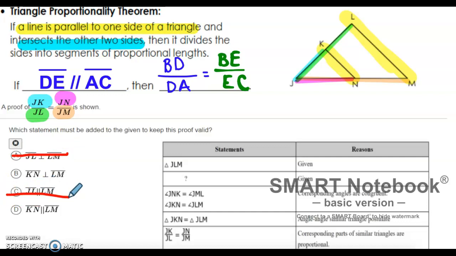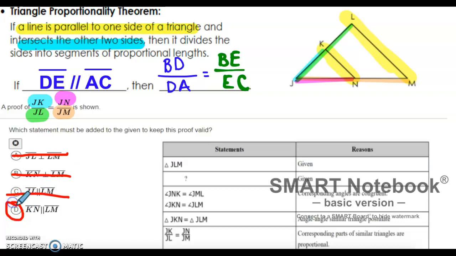Now, if you look at B, here's where knowing your notation is really important. B says segment KN is perpendicular to segment LM. Remember the symbol that looks like the upside down T means perpendicular. So now we can say B is not a logical choice because the problem doesn't have anything to do with perpendicular segments. In order to use the triangle proportionality theorem, we need two parallel segments, which is exactly what letter